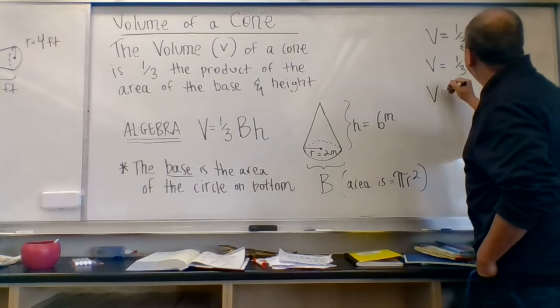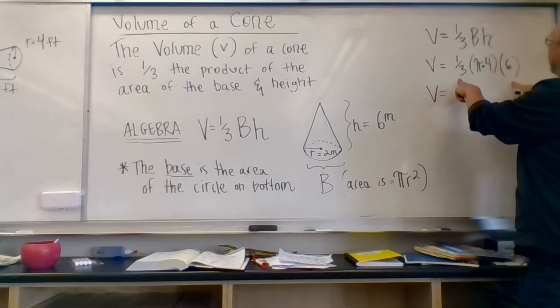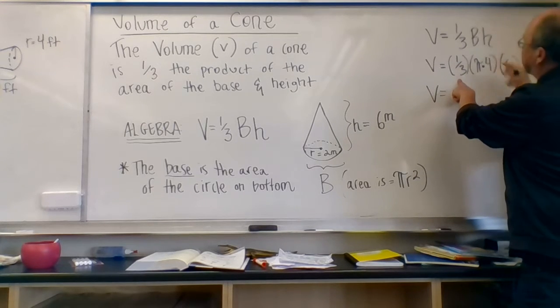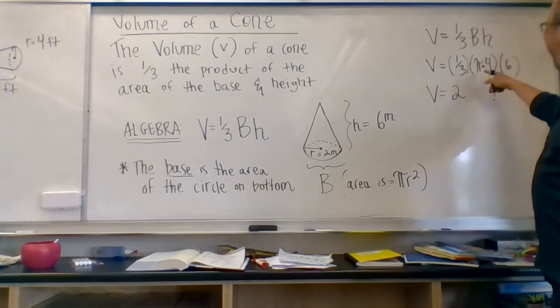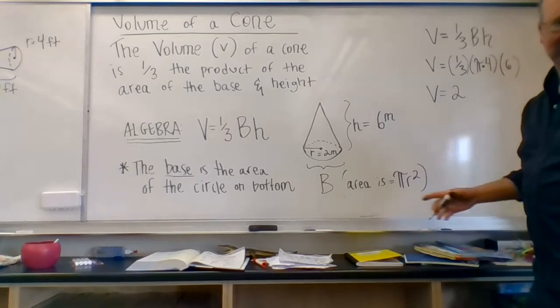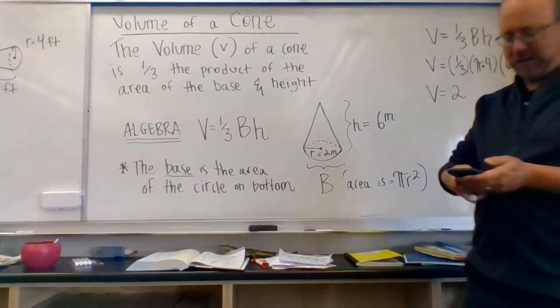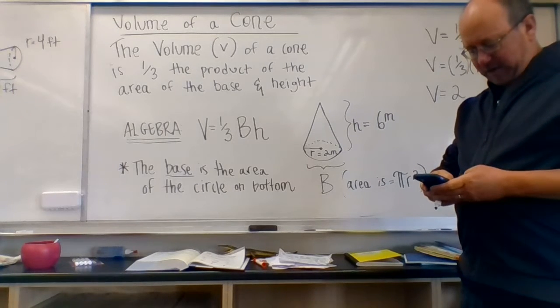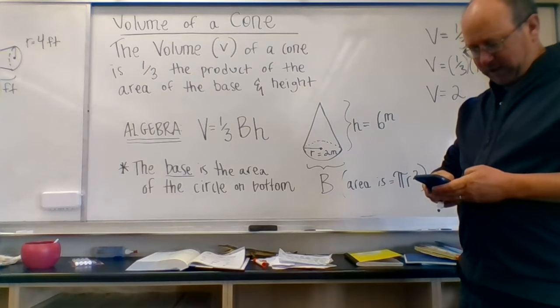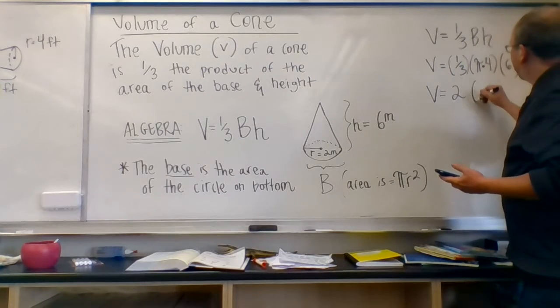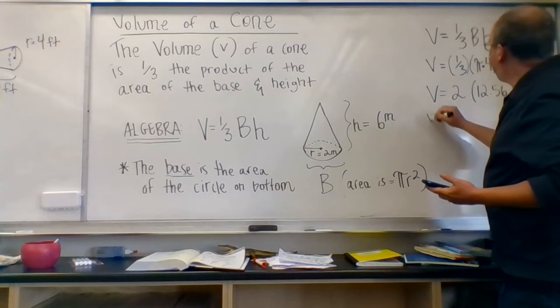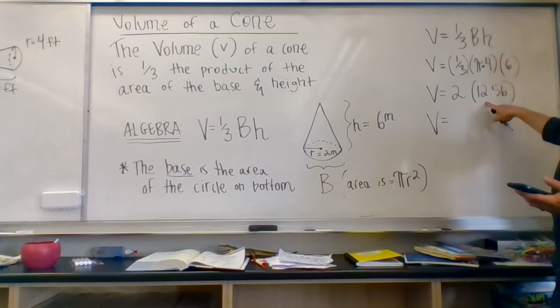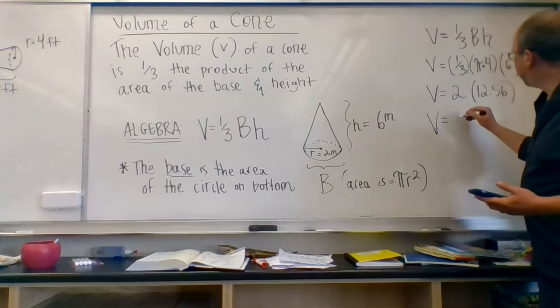So I'm going to go ahead and multiply my 1/3 and my 6. This is all multiplication. That's the commutative property. So I could say 1/3 of 6 is 2. And now I've got the 3.14 times 4. Why don't I use a calculator? Okay, so 3.14 times 4 equals 12.56. There it is. And so then the volume, we would say, is 2 times 12 is 24, and then 56 is another 0.12, so